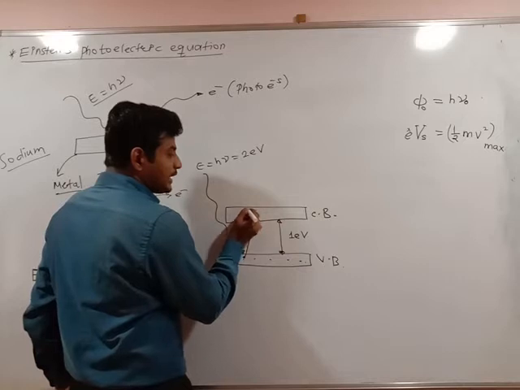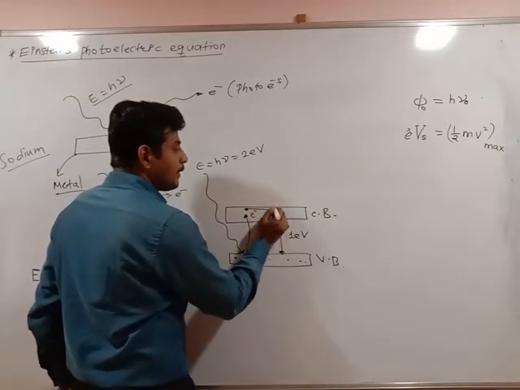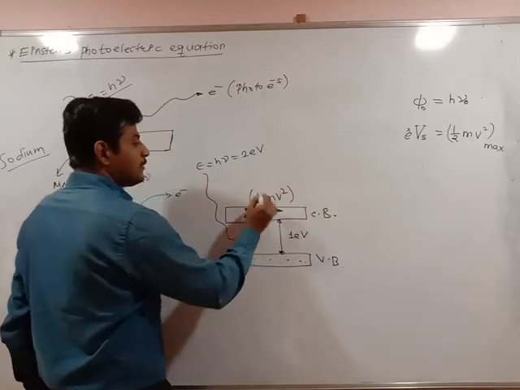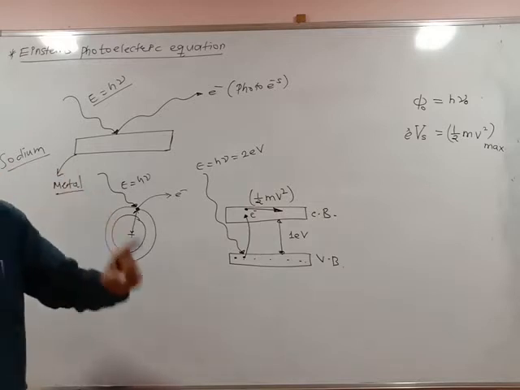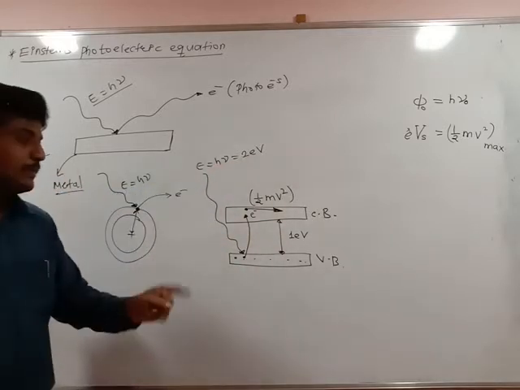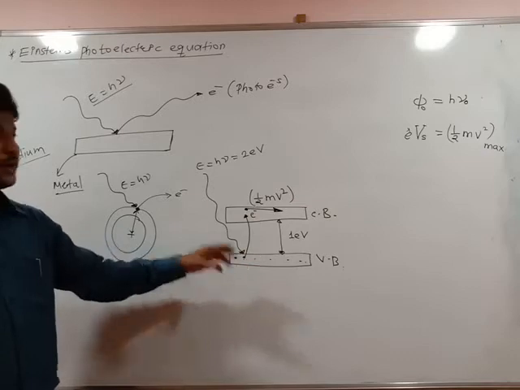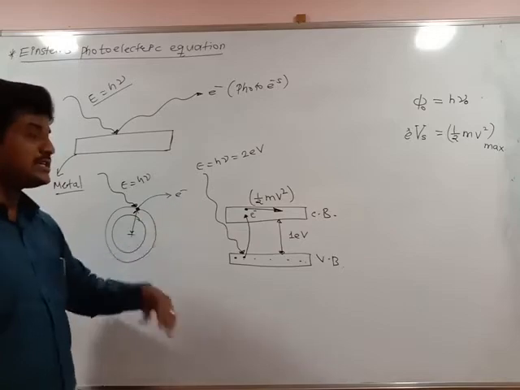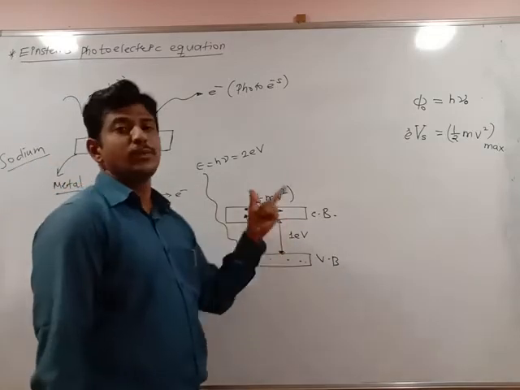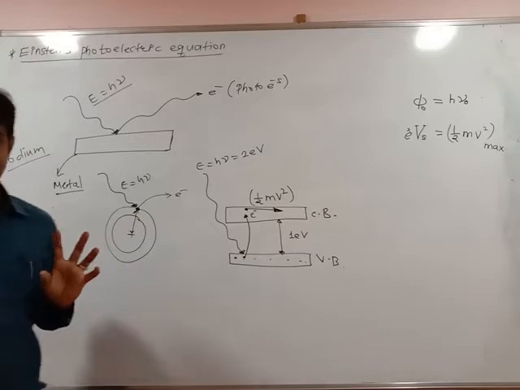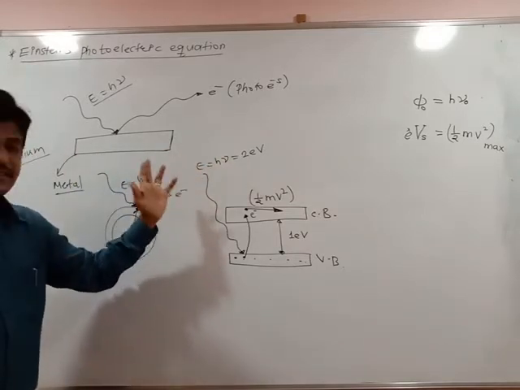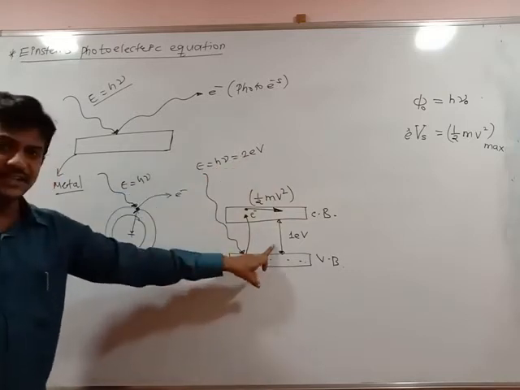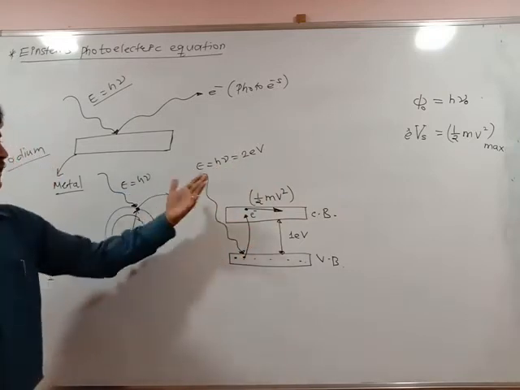Once the electron comes into the conduction band, it is in motion, so its kinetic energy is 1/2 mv square. Now see, incident energy is 2 electron volt, and the minimum energy required to eject the electron is 1 electron volt. Out of 2, 1 is used to eject the electron, and the remaining 1 electron volt energy is provided to increase the kinetic energy of the electron in the conduction band. So whatever input is there, it is utilized in the output. इनपुट किती आहे 2 इलेक्ट्रॉन वोल्ट, त्यापैकी 1 इलेक्ट्रॉन वोल्ट एनर्जी दिली इलेक्ट्रॉनला इजेक्ट करण्यासाठी, राहिलेली 1 इलेक्ट्रॉन वोल्ट एनर्जी कुठे गेली?